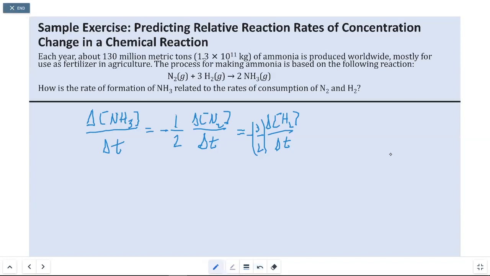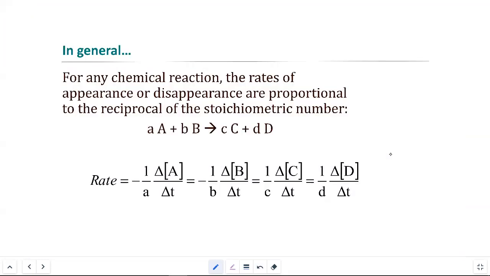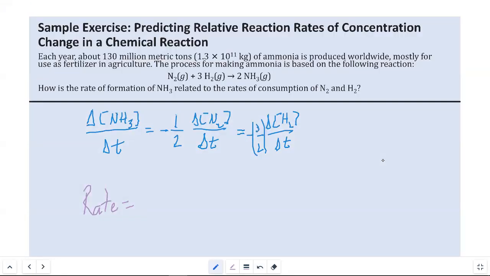Now, the other possible question, not asked here, but could be asked in the future: how are all of these related to rate? And that's where we have to put all of the coefficients in at the same time. If we do that, the rate of the reaction in total is equal to the opposite of the rate of change of nitrogen over the change in time,